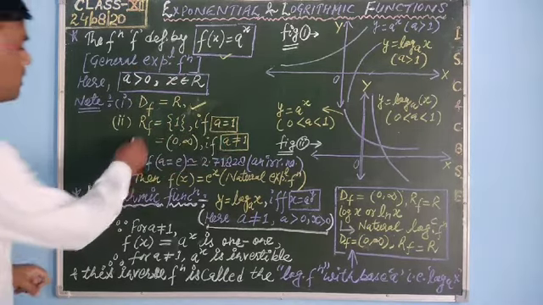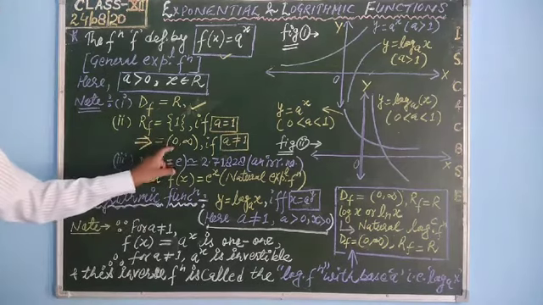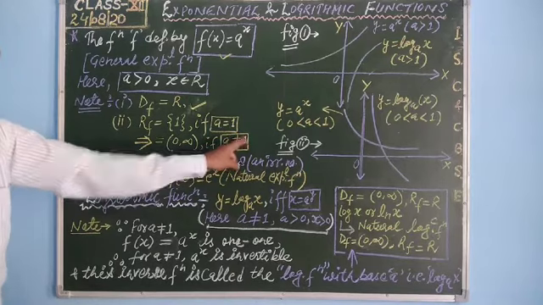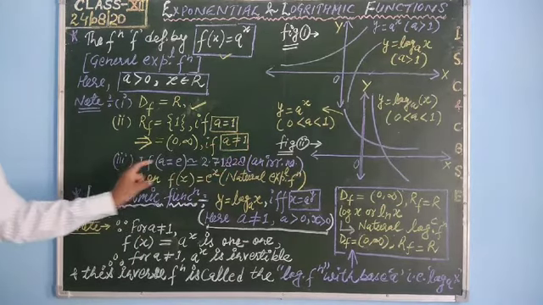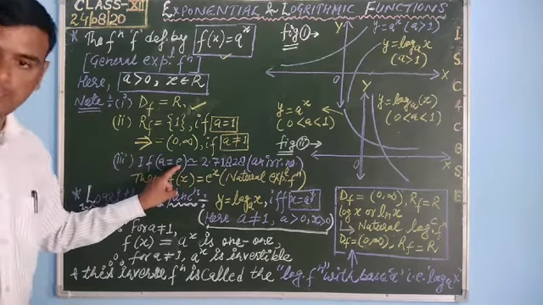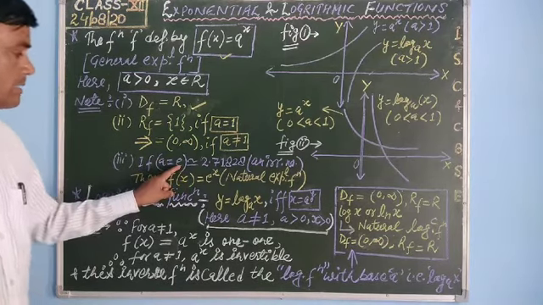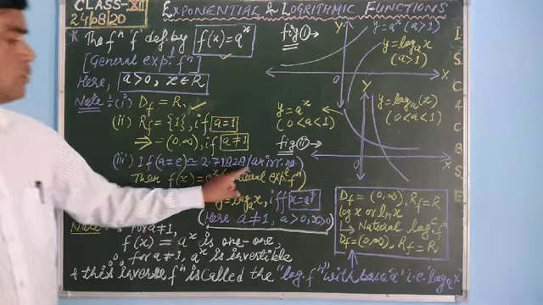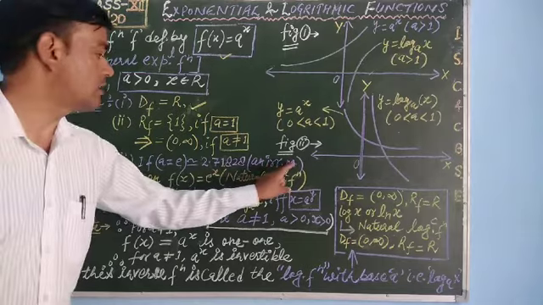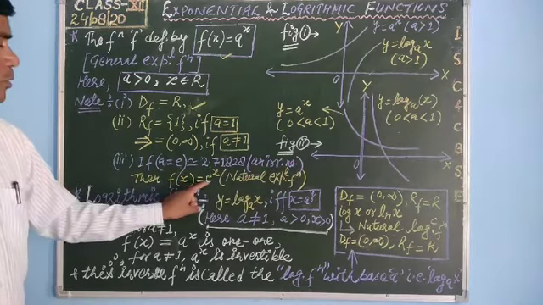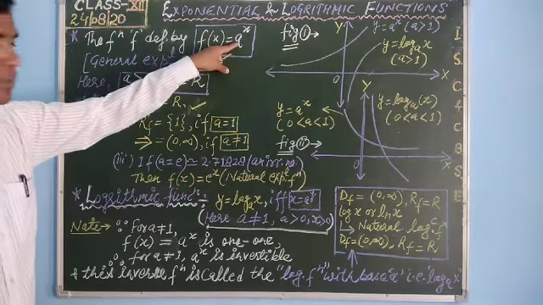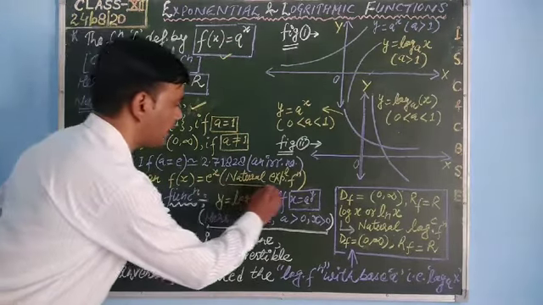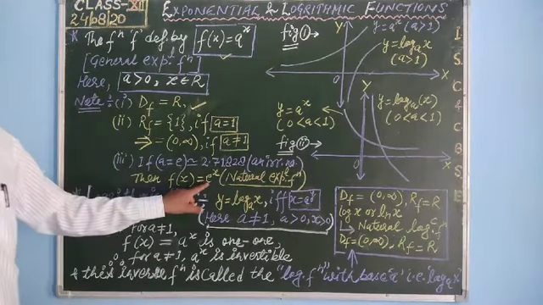But the range of the exponential function becomes (0, infinity), meaning positive real numbers, if a is not equal to 1. Okay, the third feature: if a = e, you know from lower classes that the approximate value of e is 2.71828 and it is an irrational number, then f(x) = e^x. It means if a = e, then f(x) becomes e^x. This is called the natural exponential function because the base is e.